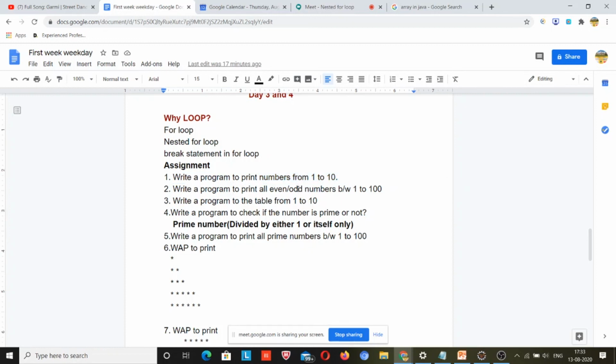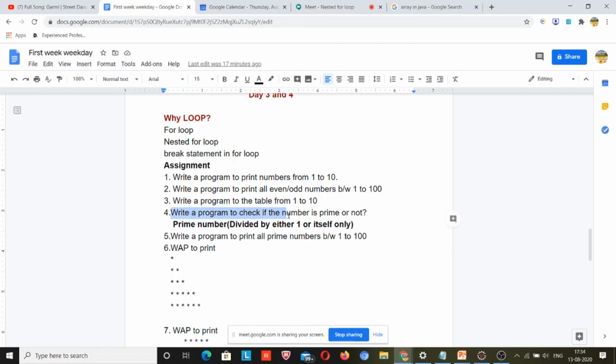This is also easy; an if else conditional statement will be used inside the for loop. Write a program to print the table from 1 to 10. The first outer loop will run 2 times, and for the second inner loop you have to think how many times. This is a very simple program.